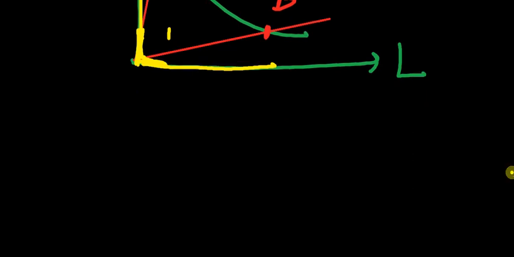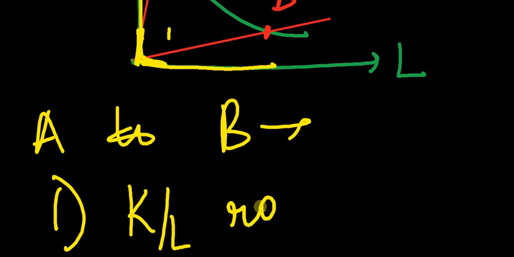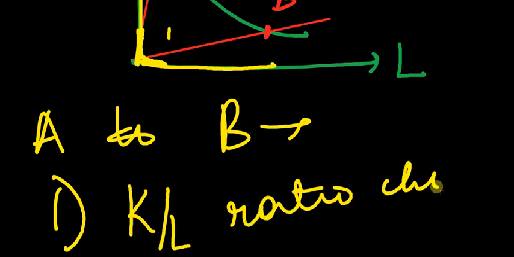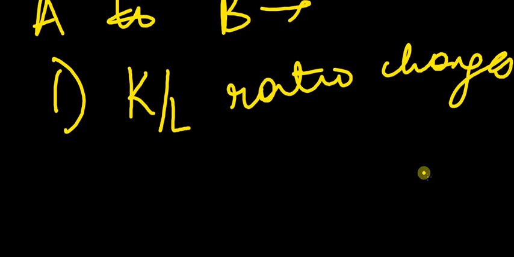So when I go from A to B, one, capital-labor ratio changes. Also, when I go from A to B, the slope changes. So it goes from steeper to flatter. So two,